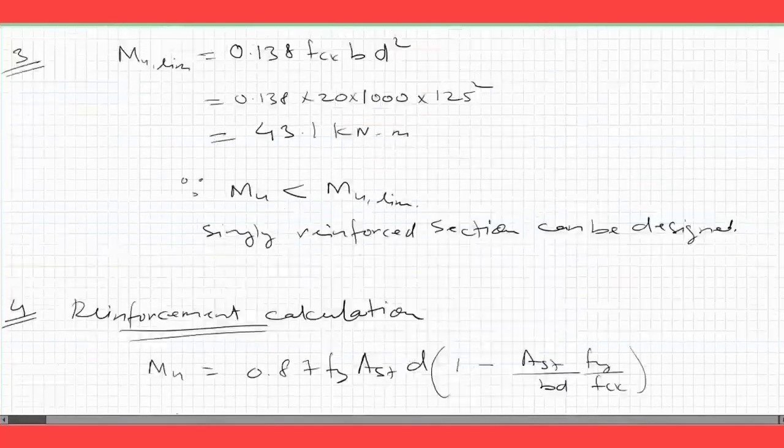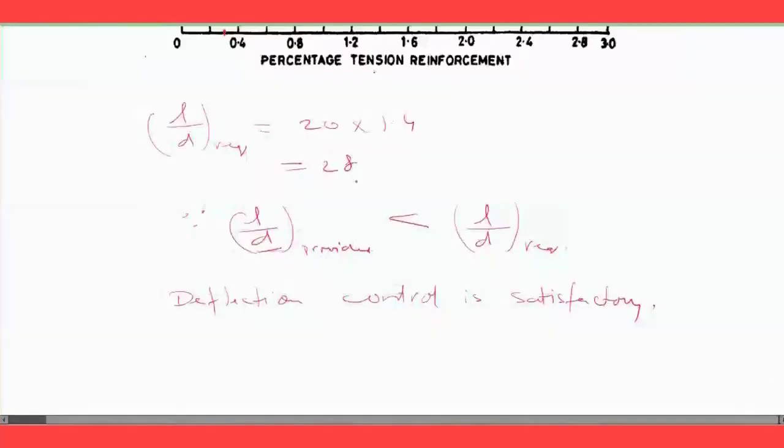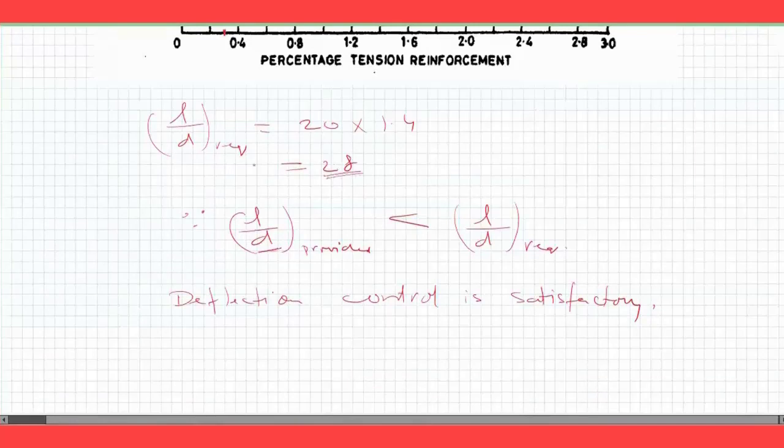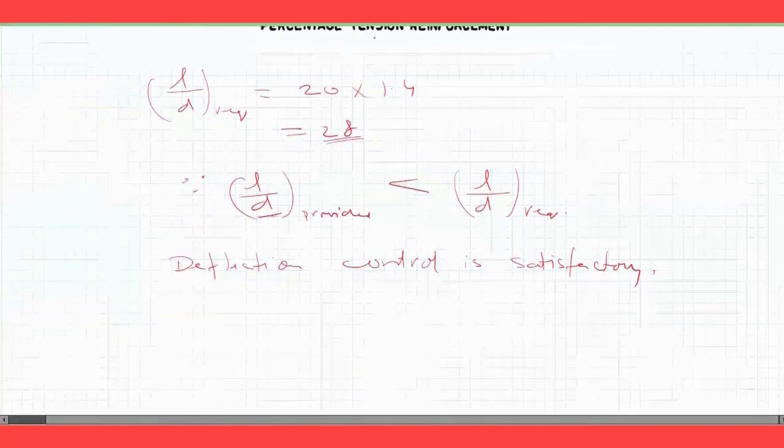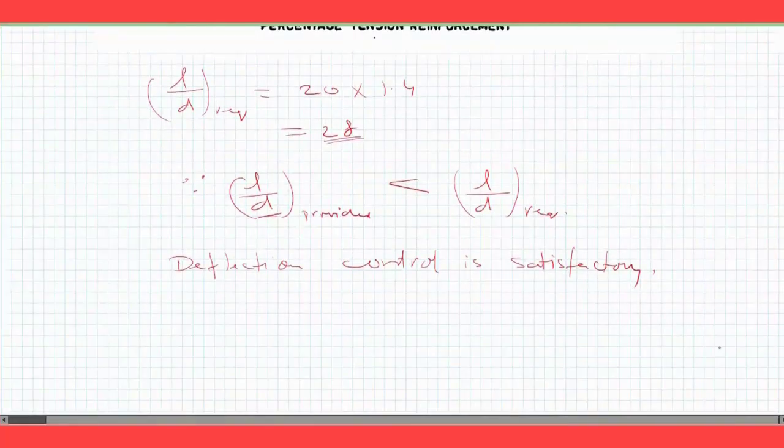And here you see, if you want to have some more economy, you have that flexibility. You have provided 25 L by D, required is 28. So if you want to have one more design, you can start with L by D ratio as 28, and based upon this 28, you can again start the calculation, but make sure you do the shear check as well as the deflection check. So after all these steps, you have got the main steel, and you have checked the thickness of the slab which you are providing. So all those things have been done.